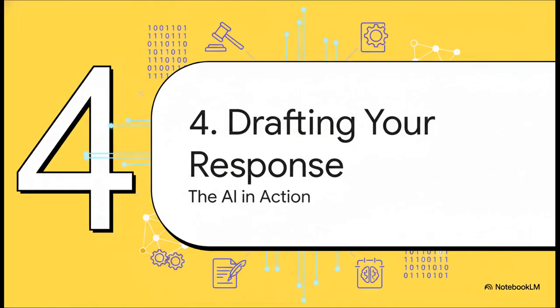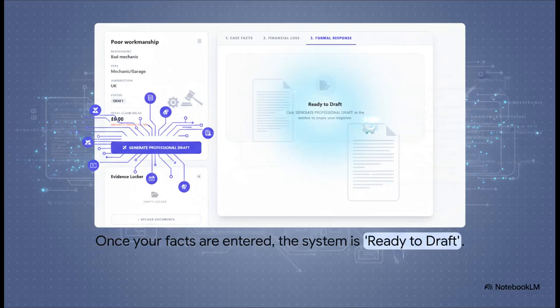All right, this is the moment we've been building towards. We've laid out the facts, we've itemized the costs, and now it's time to let the AI do its thing. So now the system shows ready to draft. All that structured information we've put in, the people involved, the timeline, the money, is about to be synthesized into this coherent professional argument. All it takes is one click of that Generate Professional Draft button, and the AI gets